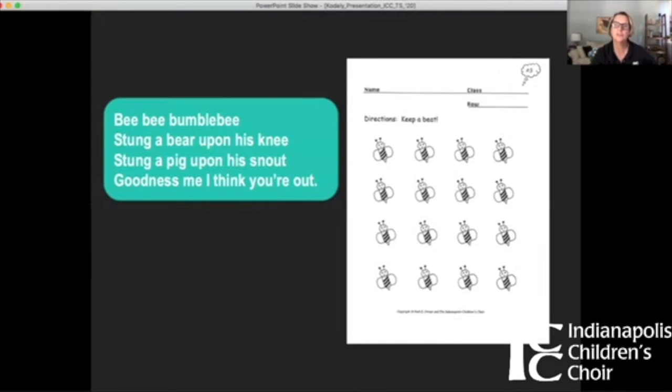And when the students are very comfortable with that, if they can clap the beat, then they can transfer that to tracking the beat. And that's where we begin to move into this literacy. Tracking the beat, moving from left to right. When you get to the end of the row, you go back to the next row down the other side. Reading readiness skills, very important kinds of things that we do.